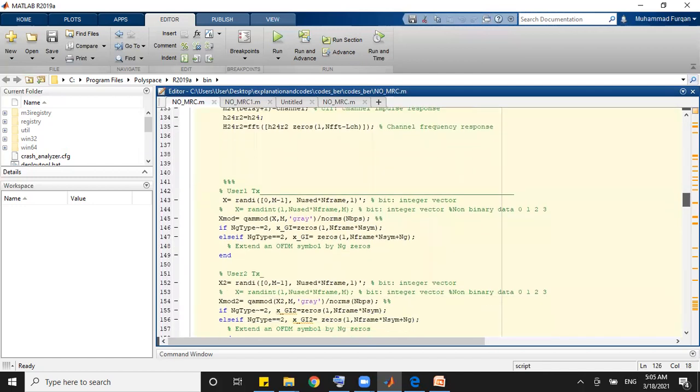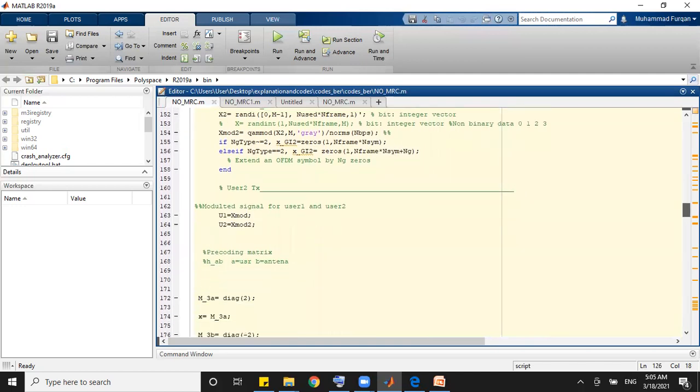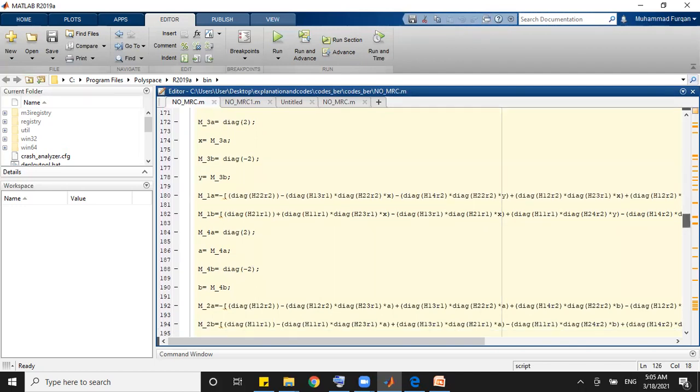Then X here is the transmitted data bits. X1 and X2 are the transmitted data bits of user 1 and user 2 that are first modulated, and then superimposed with the precoded matrices. The precoder matrix equations, as designed in the previous lecture, are now written in MATLAB in matrix form